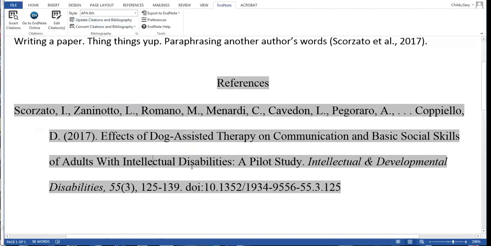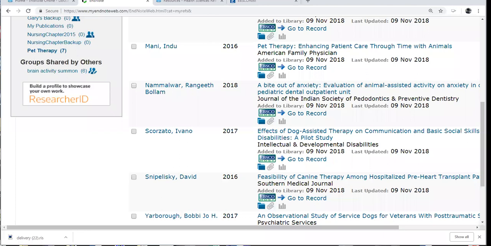into it. So if I look at my citations within EndNote Online, that's going to be an important thing to examine. And right here, we see the Ivano Scorzato information, and it came in from the database with all of these words pre-capitalized. That's why we're seeing that echoed in the Microsoft Word paper. So it is a bit annoying, but one of the things we could do is actually click into the reference itself,